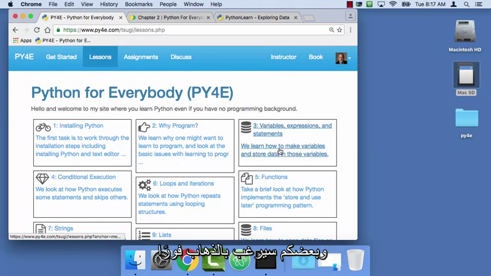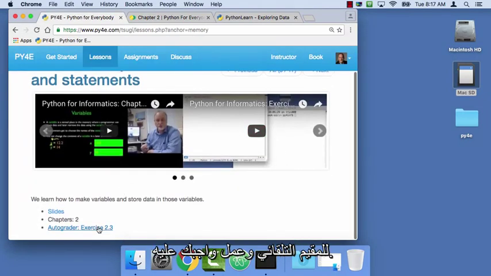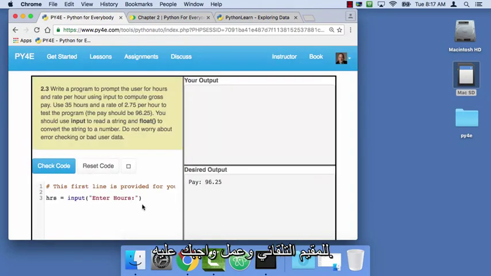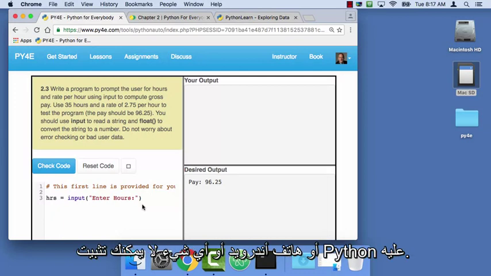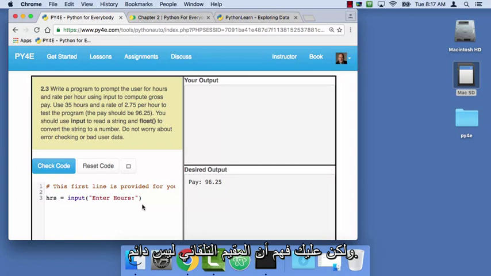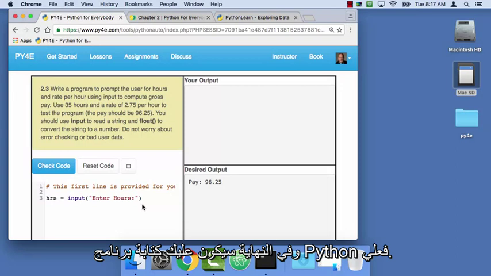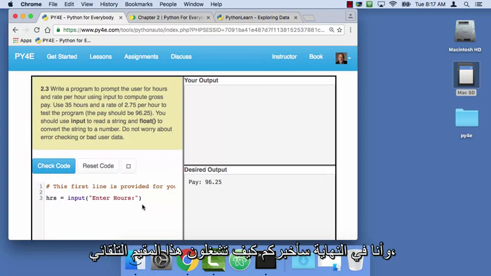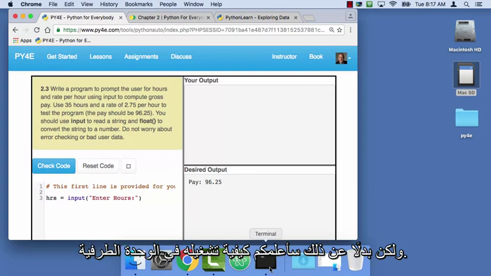Some of you will immediately want to go to the autograder and do your homework there. I really would rather you didn't do that, unless, of course, you're doing this on an iPad or an Android or something where you can't install Python. But you have to realize that the autograder isn't forever. You can only go so far with the autograder, and eventually you have to write a real Python program. So I'll eventually show you how to run this in the autograder, but I'm going to instead show you how to run